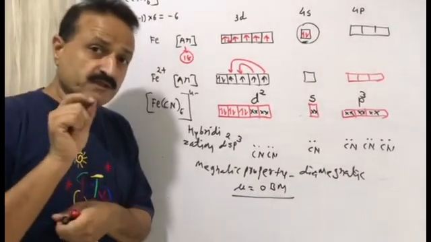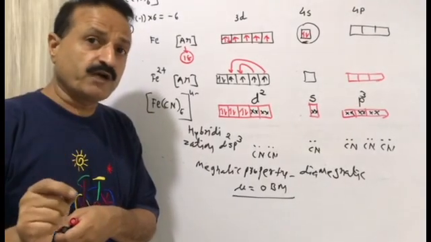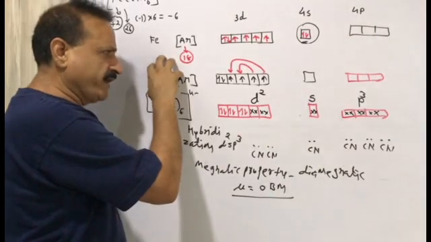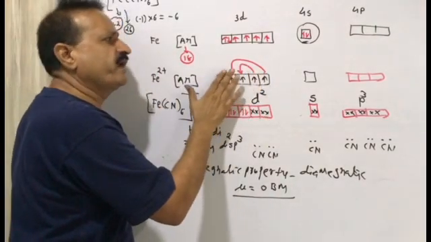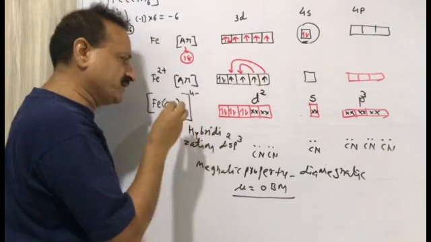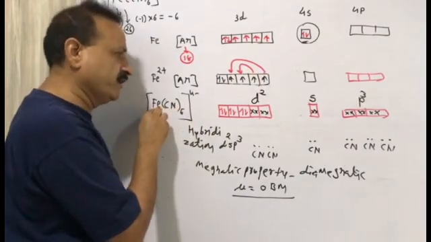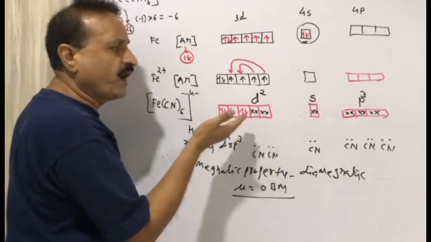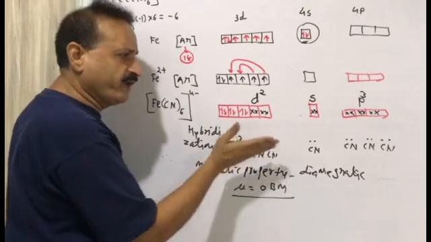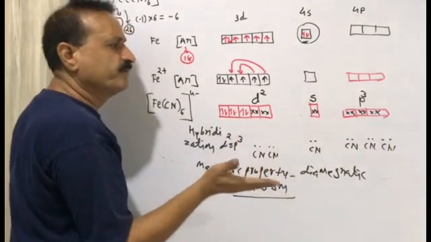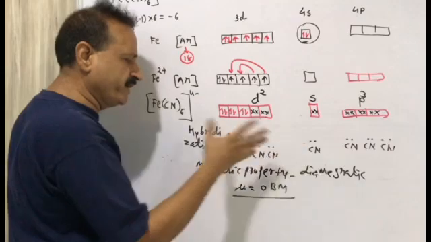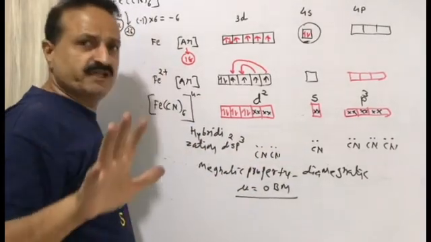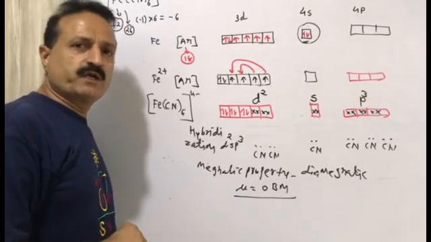So you must understand, when rearrangement of electrons is done: when you are writing only the oxidation state with the metal, you need not rearrange the electrons. When the cyanide ligand is attached to ferric, then you have to rearrange the electron pair. Then it will decide how many vacant orbitals there are and how many electron pairs are donated by the ligand, and after that we will decide the hybridization. And if the ligands are 6, it is proved that the shape will be fixed.